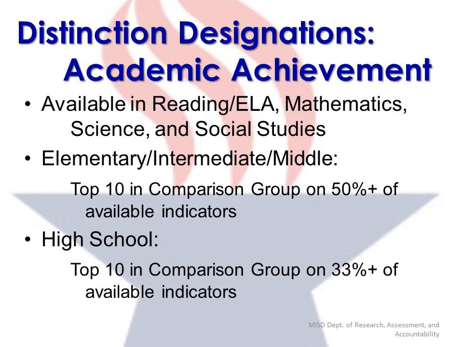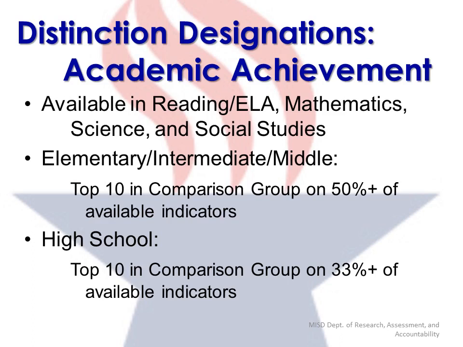4 of the distinctions are based on academic achievement in the core subject areas. The academic achievement distinctions are based on multiple indicators, and the campus is ranked on each indicator among its comparison group. The goal of the campus is to rank in the top 10 or top quartile of these 40 schools